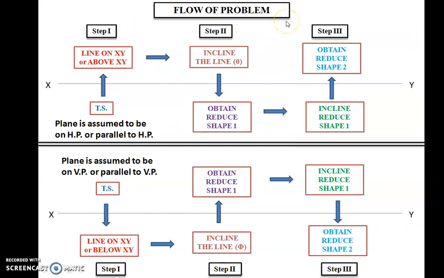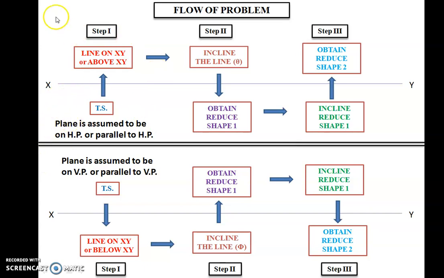So this is the flow of problems. Any problem of condition number 5 will be solved in this particular flow. If you miss any one of these, your solution will go wrong. I have 2 flows here: this is the first and this is the second flow. How they differ, we will discuss. As I have given here, this is for step 1, this is for step 2, and this is for step 3. Same way here, this is step 1, this is step 2, and this is step 3.